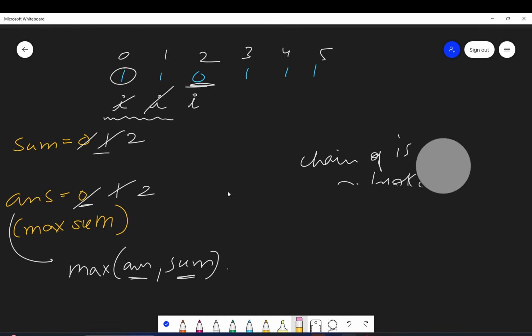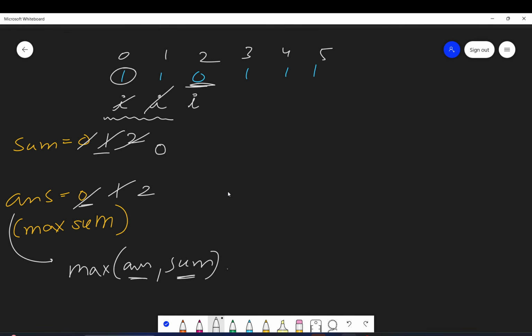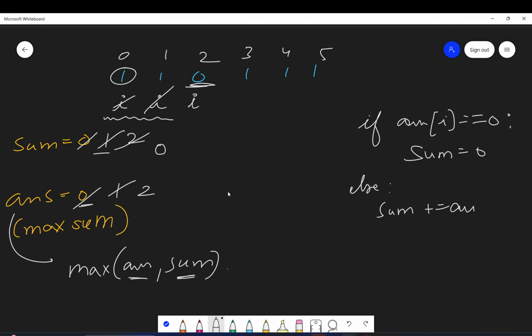Once your chain has been broken, you will reset your sum to 0 again. That is, if arr[i] is 0, your sum will be initialized to 0 again. Else, you can just simply add whatever you get into your sum. Obviously, you will get 1 only in this case. And you will update the answer every time to be the maximum of sum and answer. That's it. This is your logic.